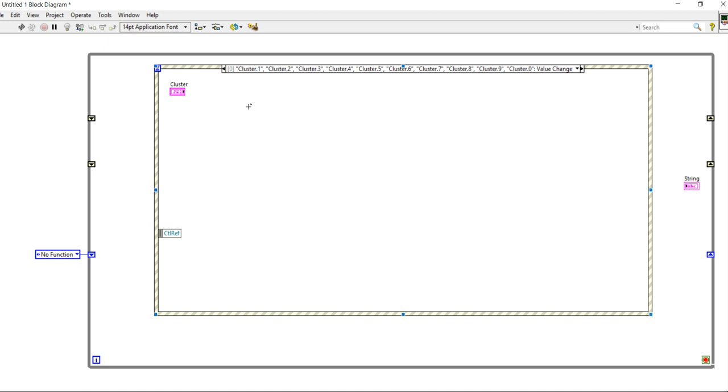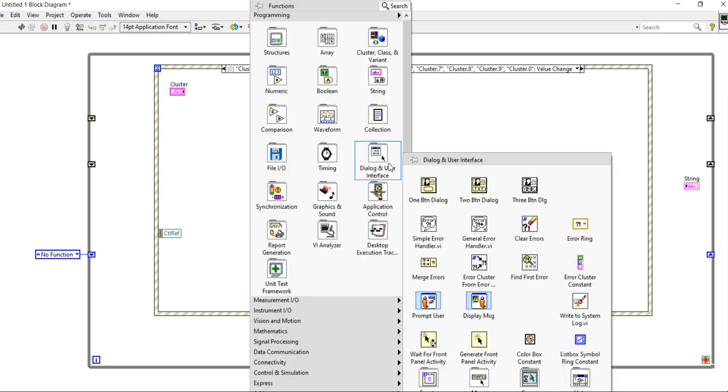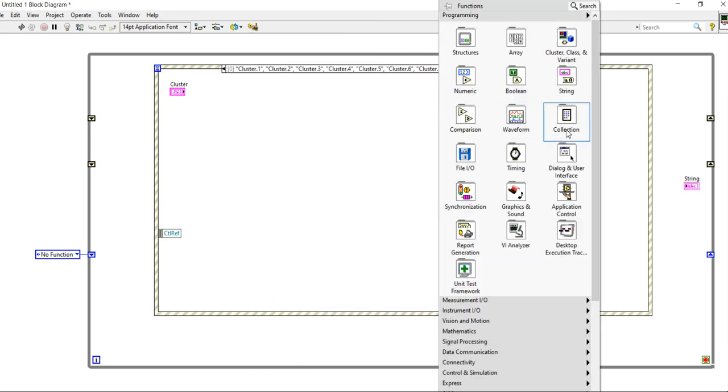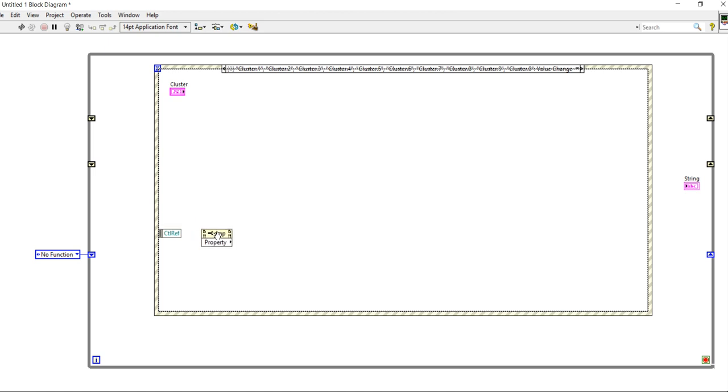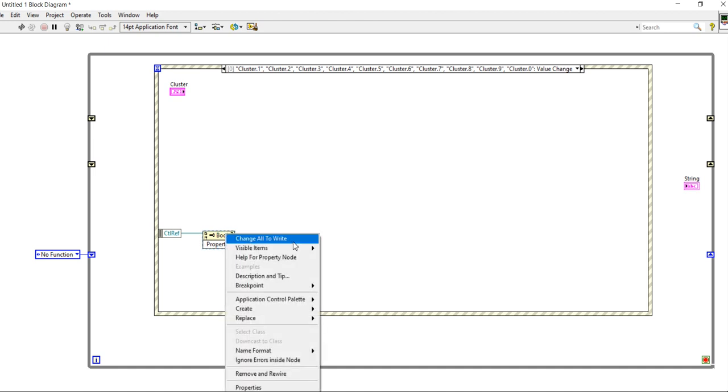Okay, now right click, come into the application controls, take this property node, place it here and try to connect. When you connect, you will get some properties.